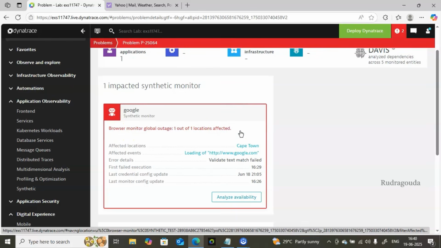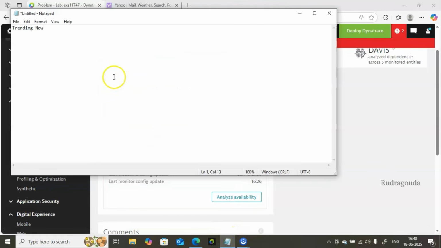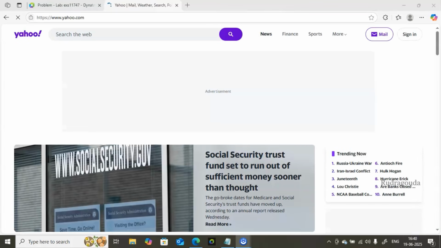So what happened? What is the error? The affected location is Cape Town. What is the event? We are trying to load http www.google.com. Along with that, we have provided one condition to check. What is that? Our text should match. What the condition is,